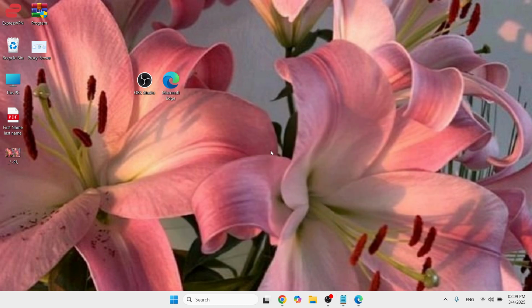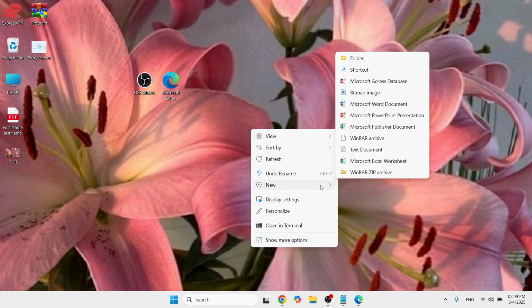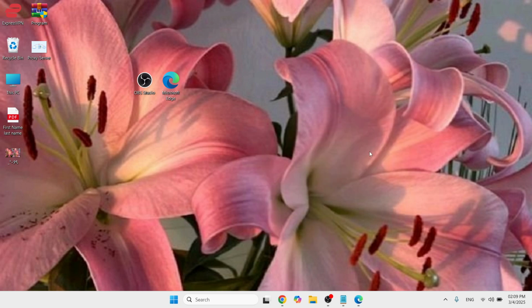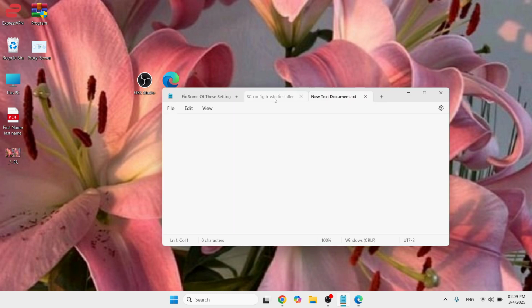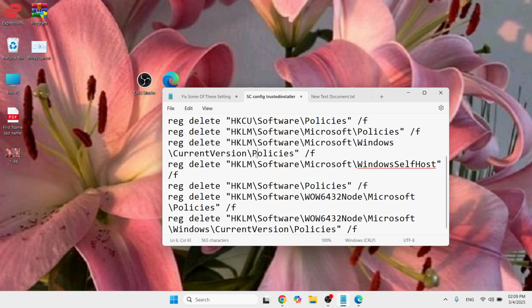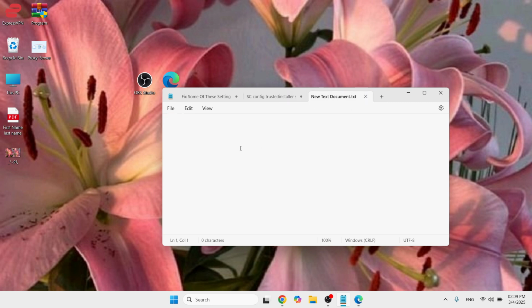So the very first step is, here at the desktop screen, you just have to do a right click, okay? And go with New and go with Text Document. So the moment you've typed it, double tap it, okay? And here you need to paste all of this, which I'll be pasting in the description box below. So no worries for that. Just have to paste it here, Control V,